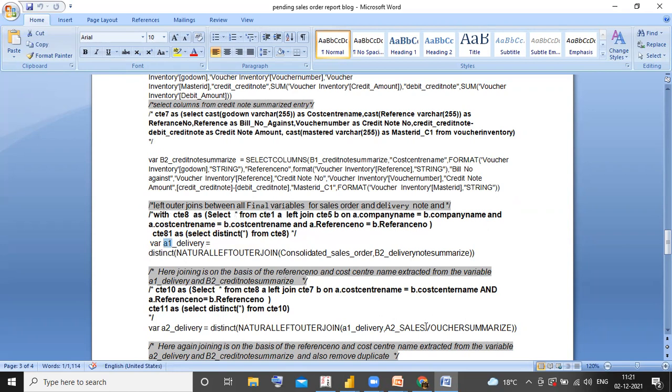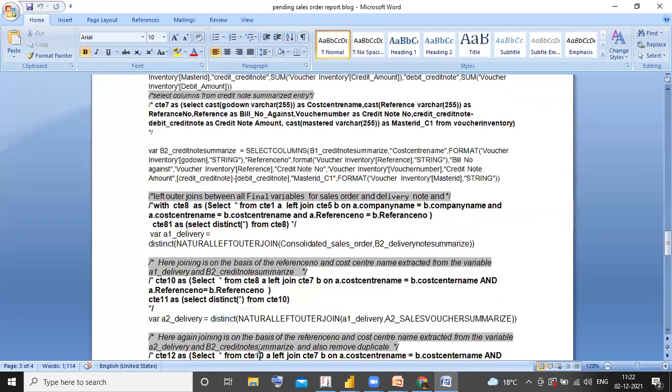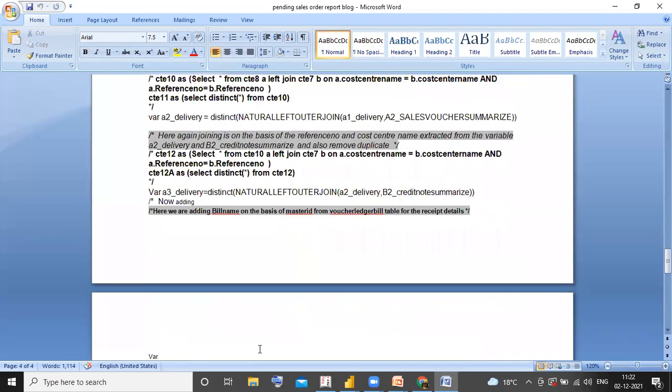and the A2 sales voucher summarize. So here I am retrieving the record according to sales. In A1 delivery note, I have the records according to sales order and delivery note. In the A2 sales voucher summarize variable, I have the records according to sales, and I am doing a join between them. Here I am using a left outer join, removing duplicates, and storing in a new variable, which is A2 delivery. Here again, joining on the basis of reference number and cost center name, extracted from the variable A2 delivery, which is here,